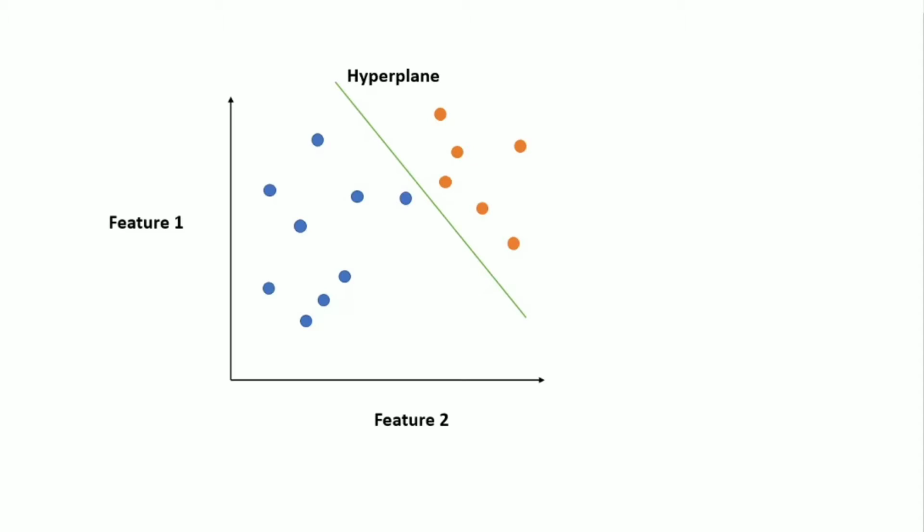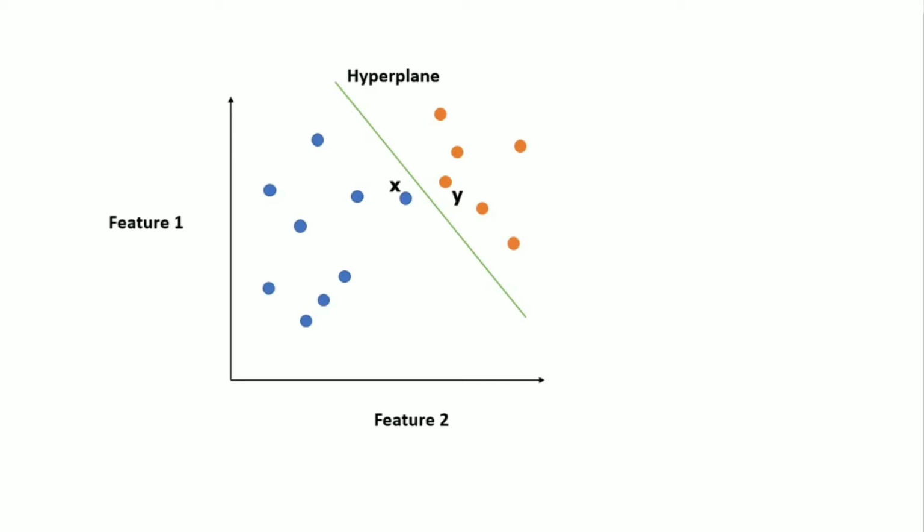If you look at this data point here, you can consider that this data point is x and this data point is y. If the position of these data points changes, then the position of the hyperplane will also change, because a different kind of line will be formed. I hope you understood what this hyperplane means and what this algorithm is which we are going to use in this project.